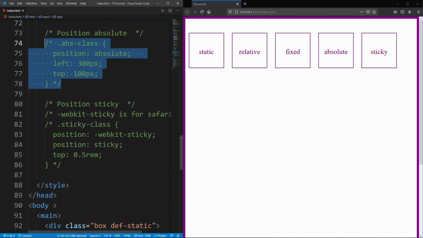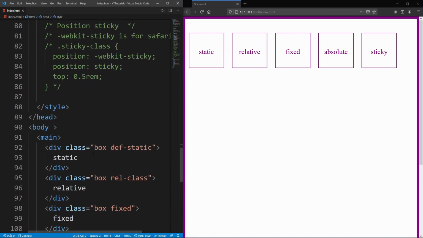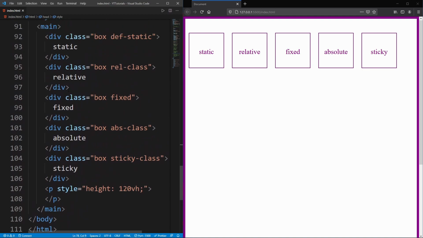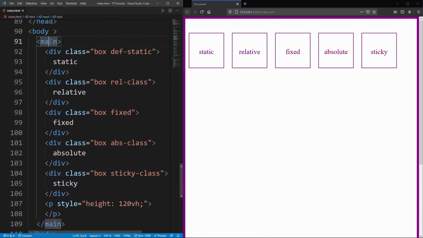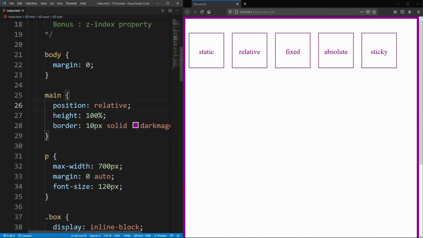Whenever we have position absolute, it's positioned according to its parent class, which does not have a default position. For example, all the div tags are inside of the main tag. Because our main tag is not positioned statically, that is, it does not have a default value, as you can see here, I changed this to relative.